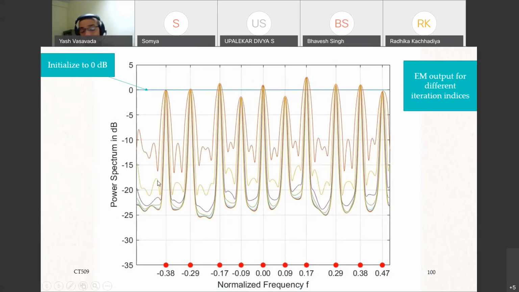The second iteration of the EM made it even better. And then third, fourth, and fifth kept on sharpening these spikes. So this is showing the performance of this simple watered down EM algorithm that I have described to you. I haven't implemented this more detailed algorithm that I had shown in that paper. I'll ask you to do it, and hopefully,